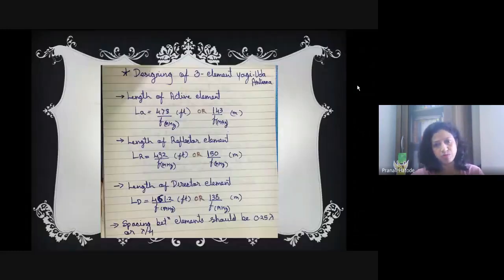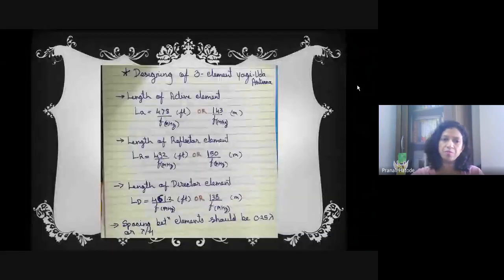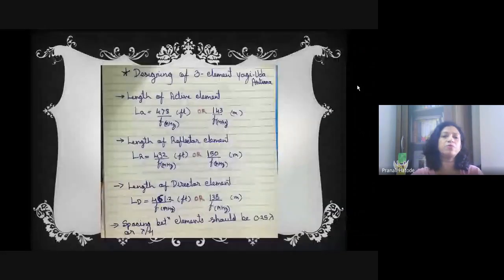or any change in the desired output. So it's actually of no use to use more than one reflector. So most of the time the reflector is one, but for directors, as I told you just now, an increase in the number of directors will sharpen your beam. So for the basic understanding, we will first design the 3-element Yagi Uda antenna.